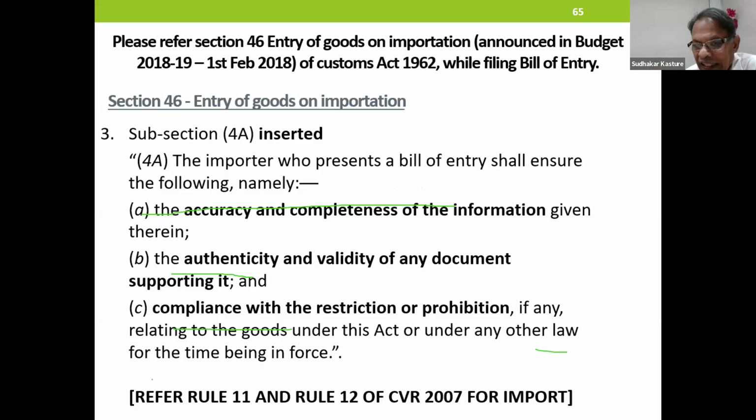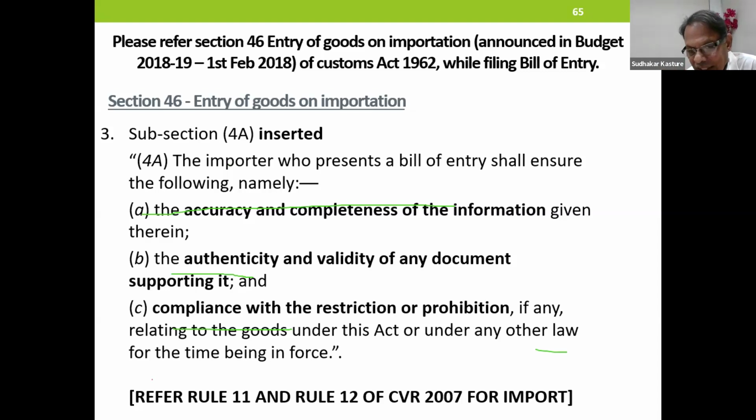What it says? The importer who presents a bill of entry shall ensure, it doesn't say shall submit, it says shall ensure the following: accuracy and completeness of information, authenticity and validity of any document supporting it, compliance with restrictions or prohibition.